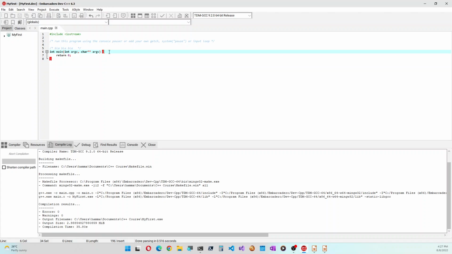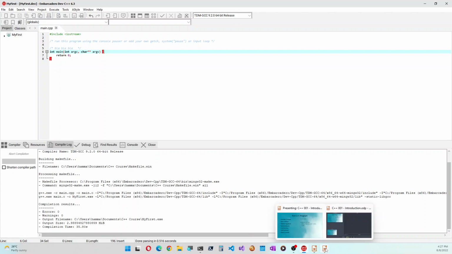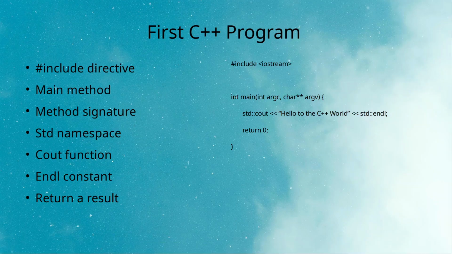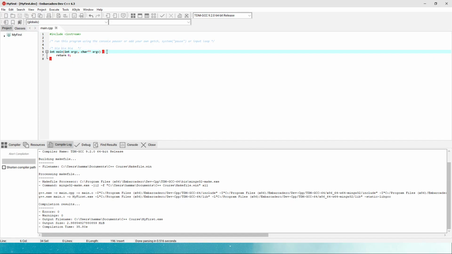Now let's type that message that we saw in our slides, right? We have to type this message or anything similar. So we'll type std colon and then colon one more time, cout, and then two less than symbols and then double quotes.